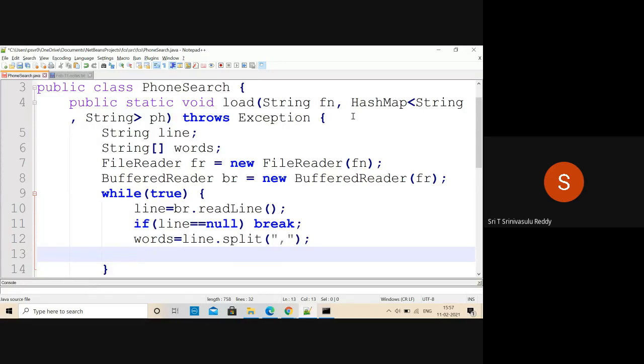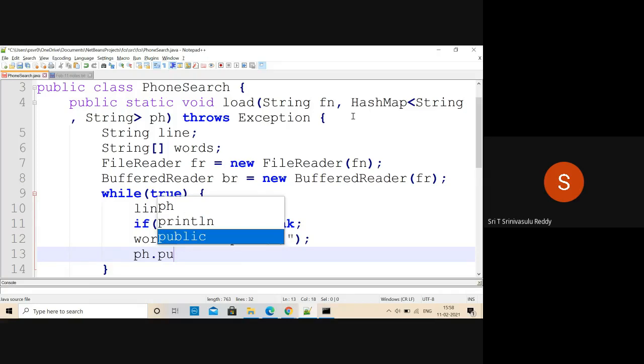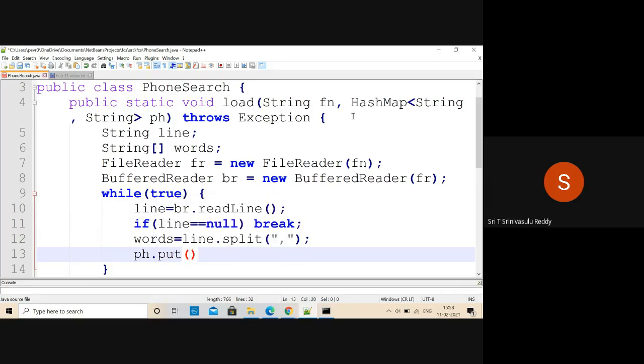Now you have to add, right? So how are you going to do that? ph.put, words of 0. What is the syntax of put?